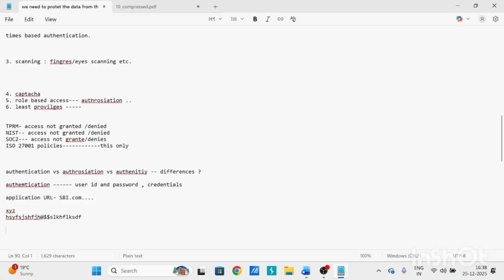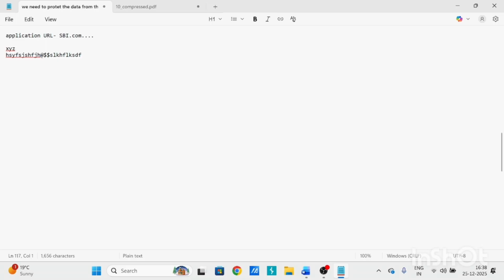While authorization means what? After your authentication process is completed, when you enter inside the application, a number of features are there. So these features you may not have any access to execute. Let's take an example. You just entered the SBI net banking. Inside net banking,